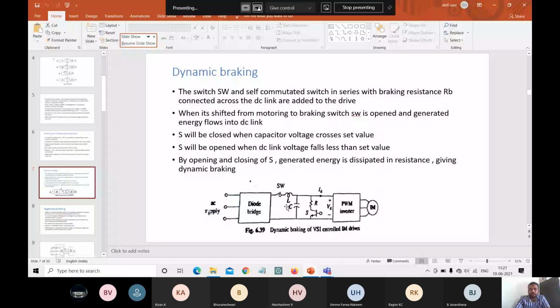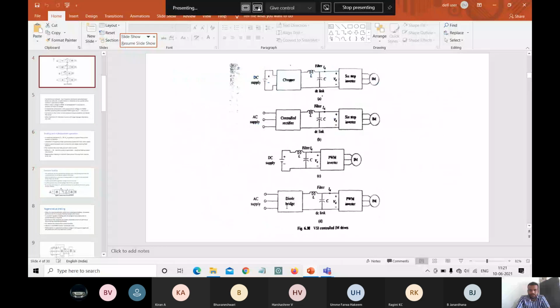So these two are our stepped wave inverters, and these two are our pulse width modulators. If you are using a stepped wave inverter, you can use these two, and if you are using a pulse width modulator, you can use these two kinds of inverters. So I am using D, which I am using for the pulse width modulator.